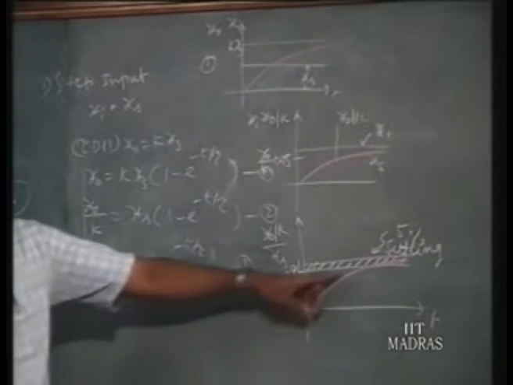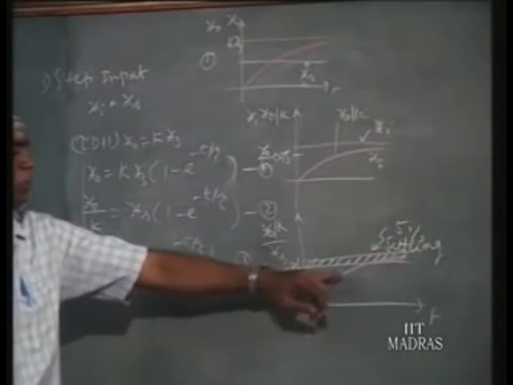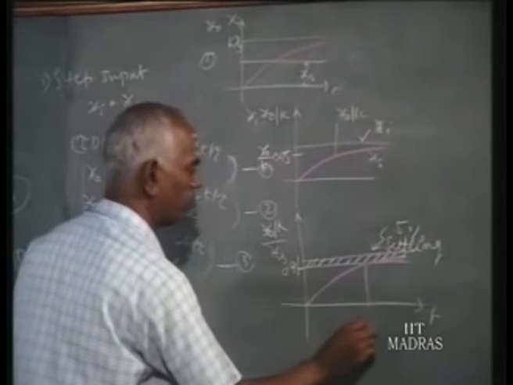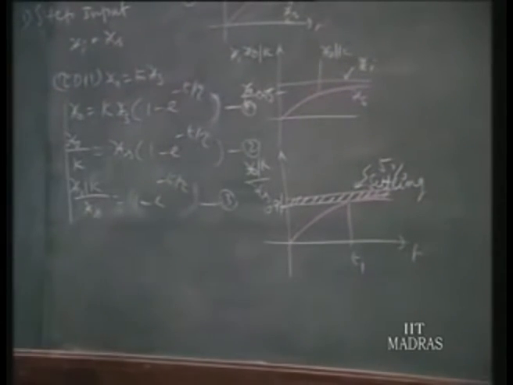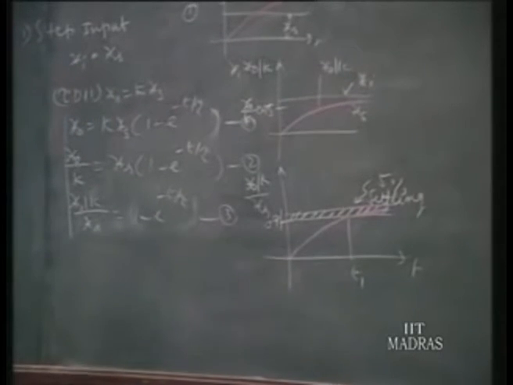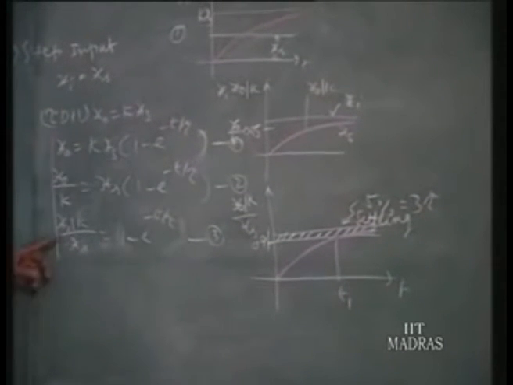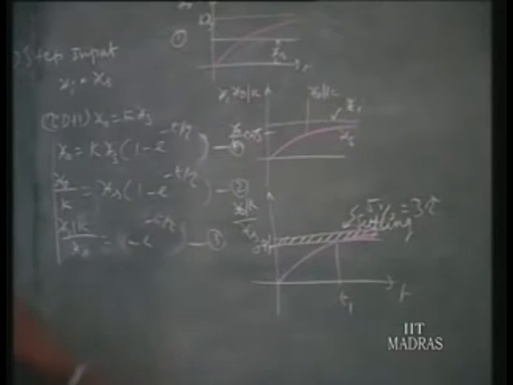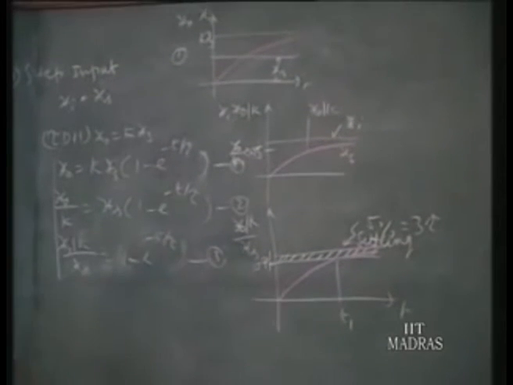The time taken to come within 5% of the final value is called the 5% settling time. Say it is T1, the 5% settling time for this instrument, maybe 10 or 15 seconds. It is normally equal to 3 times the time constant. If you make it 0.95, you will find T over tau is around 3. That is the 5% settling time, one of the specifications for standard instruments.